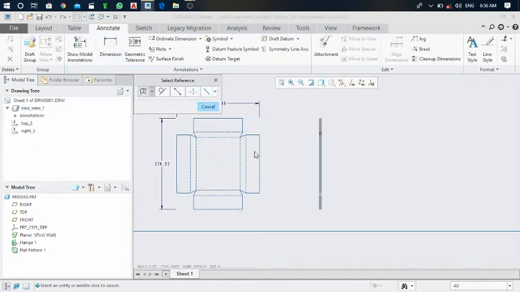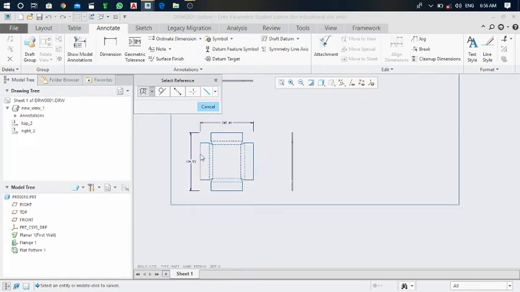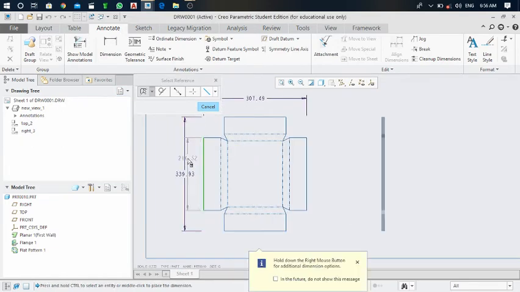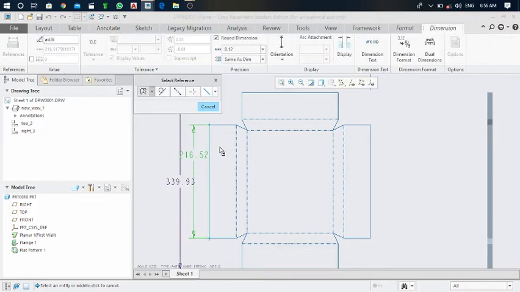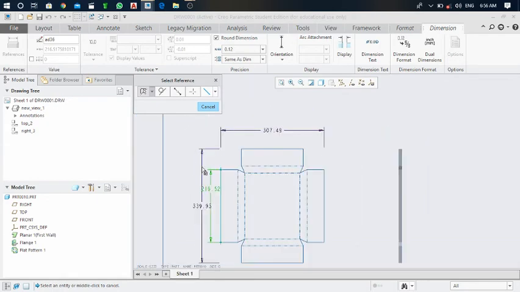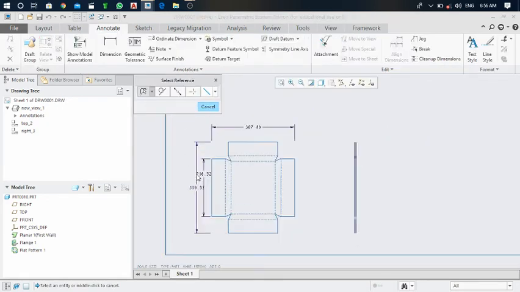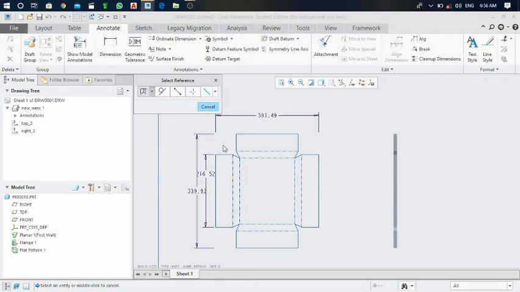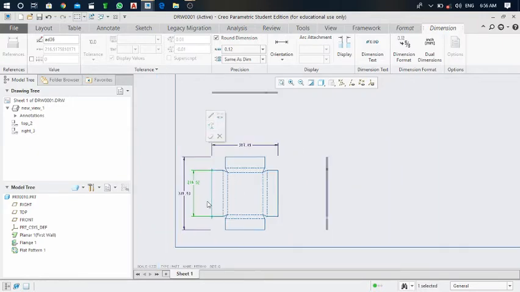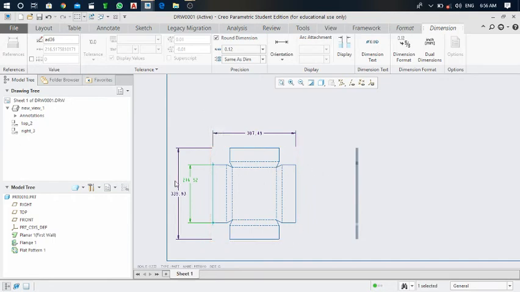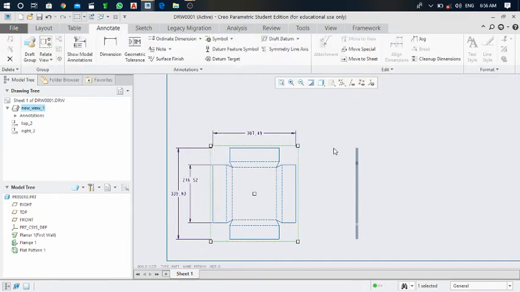Again click on the dimension. So if I want the dimension, click on the dimension. Here the dimension is generated, and you can adjust it over here by pressing the cursor like this. Okay, the dimension is also generated. Click on cancel. Click on this dimension and you can adjust the position or location of the dimension like this. Okay, and if you want to delete any one dimension, you can delete also.